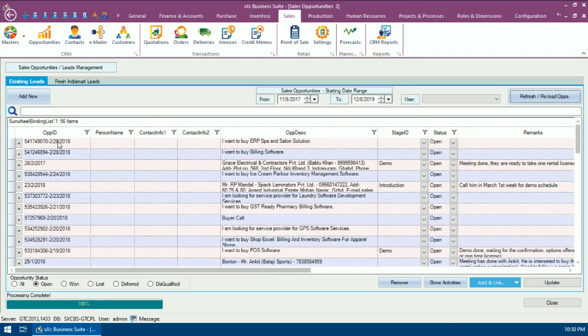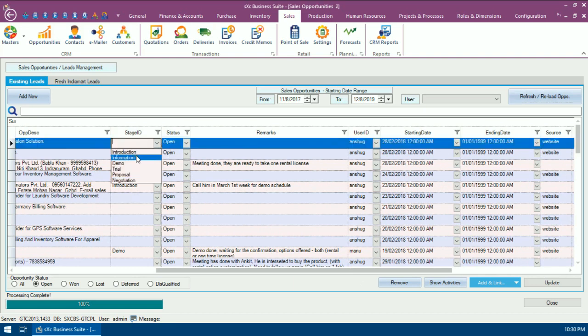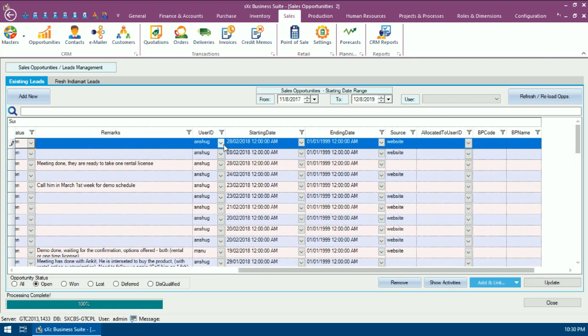So what is the description, and obviously the person to whom it is allocated can put in the different details. You can have different stages based on your organization. There is a separate master for this, and it can be used by people. Then you can have different status of each lead. You can have remarks. This is the first level allocation. So you can either use this for allocating your leads, or you can go to the second level where this person can further allocate it to somebody in his team, right?